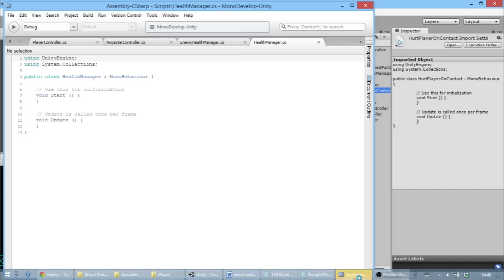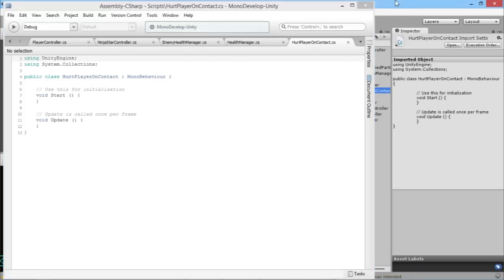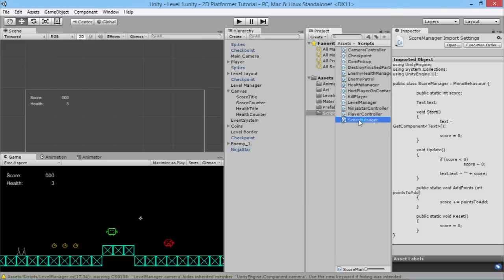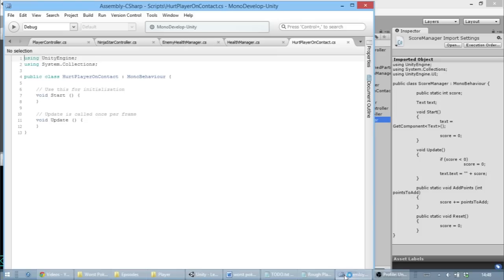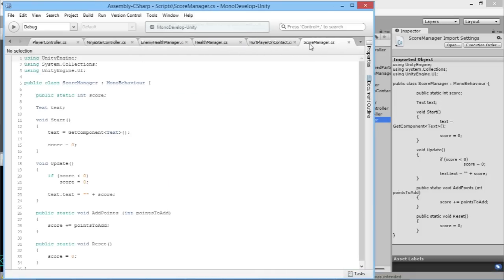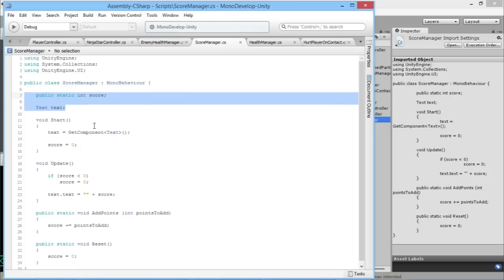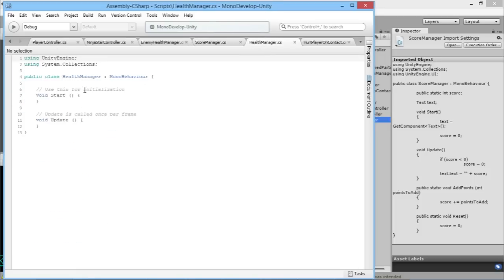So yes. Now our health manager is going to be very similar to our score manager, which is here. It's going to use some of the same basic ideas that we had from that to show it up on the screen. So we'll just pop that beside here. So score manager, we're going to need the same. We're going to need a score. We're going to need a text like that. So we'll pop that in here. It won't be called score, but we'll call that, say,